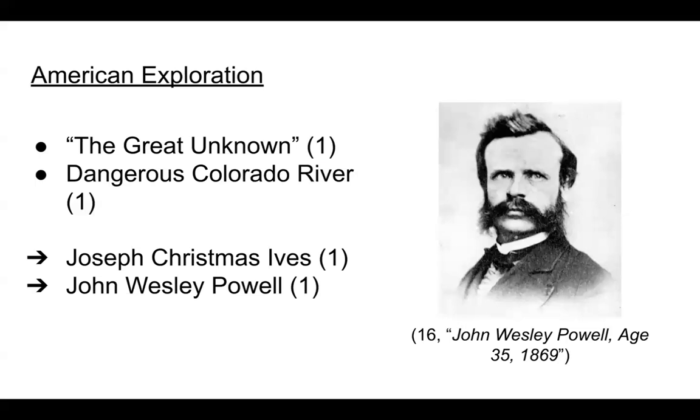According to the National Park Service article titled Explorers, which is the first source in the bibliography, the federal government did fund an exploration of the Colorado River, since it was widely known that this flowed through the Grand Canyon. The goal of this exploration was to see if the river would be useful for trade, and Joseph Christmas Ives, who was an Army lieutenant, traveled up the river with a wheel steamboat but never officially made it. His conclusion was that the Grand Canyon was valueless and incapable of drawing in millions of people and